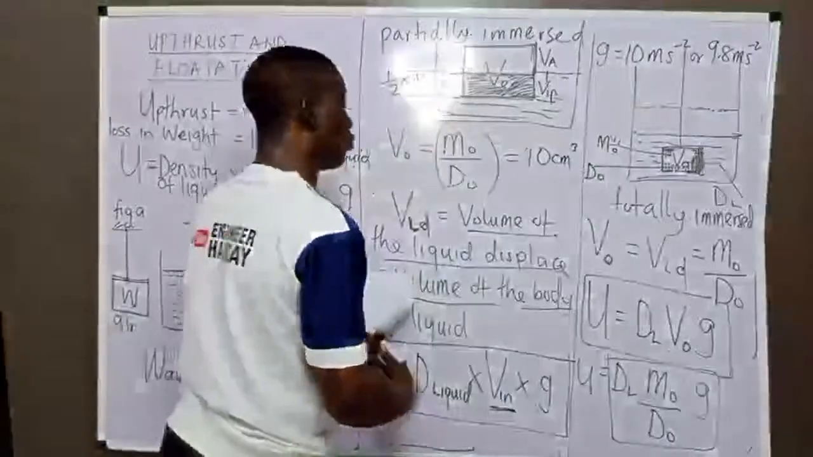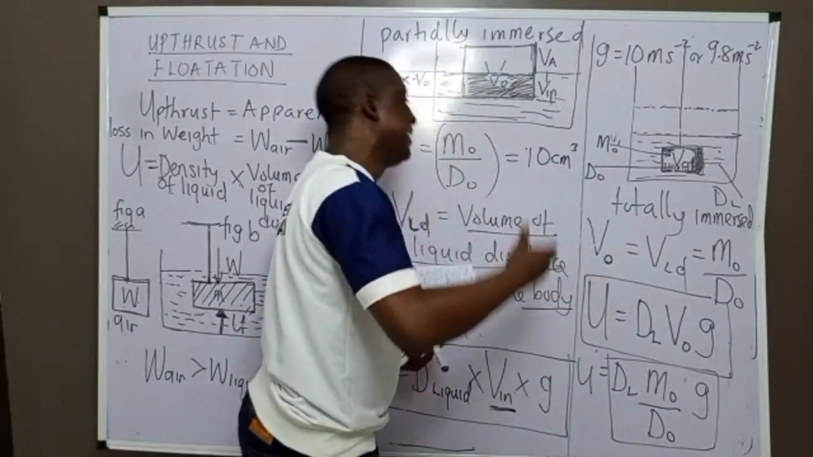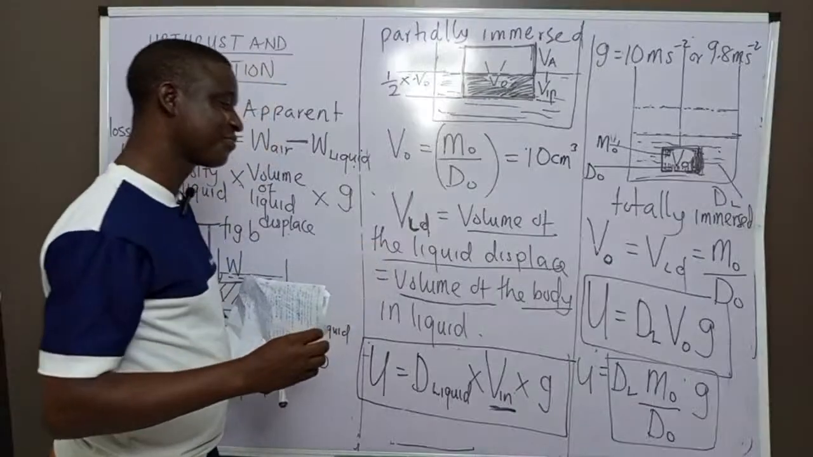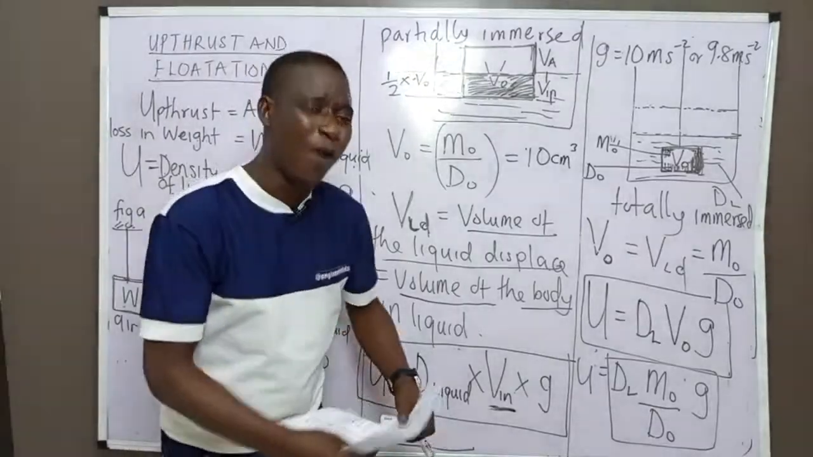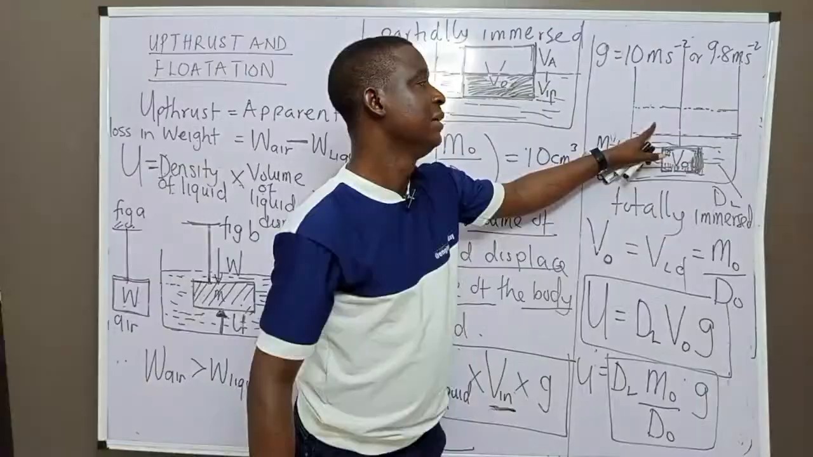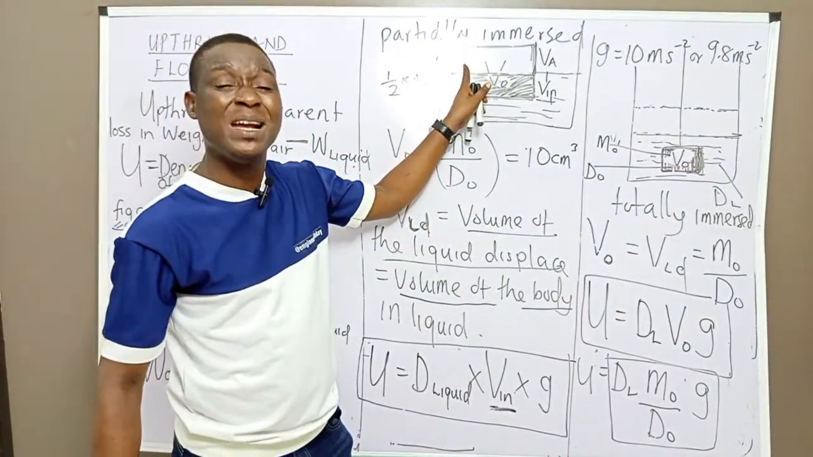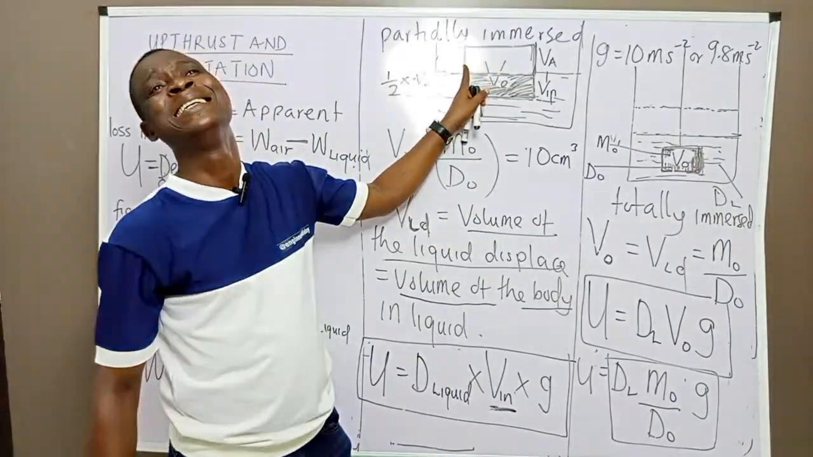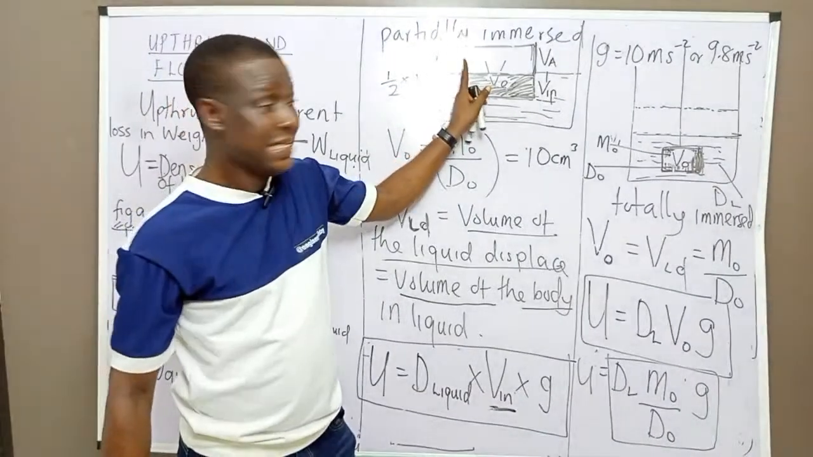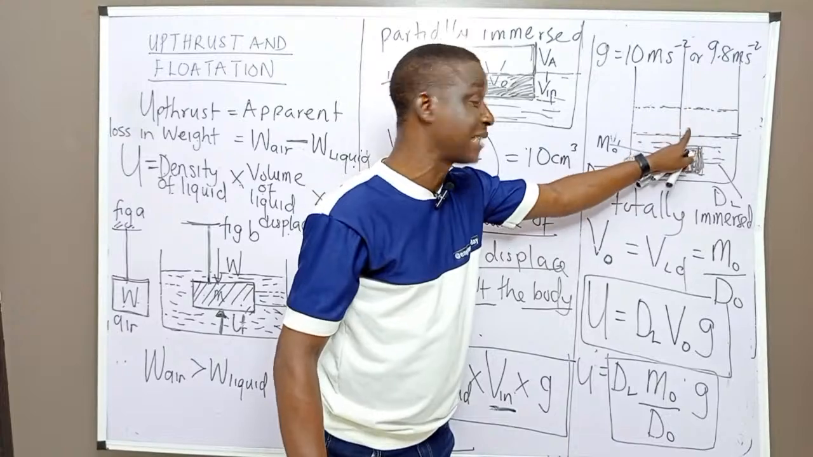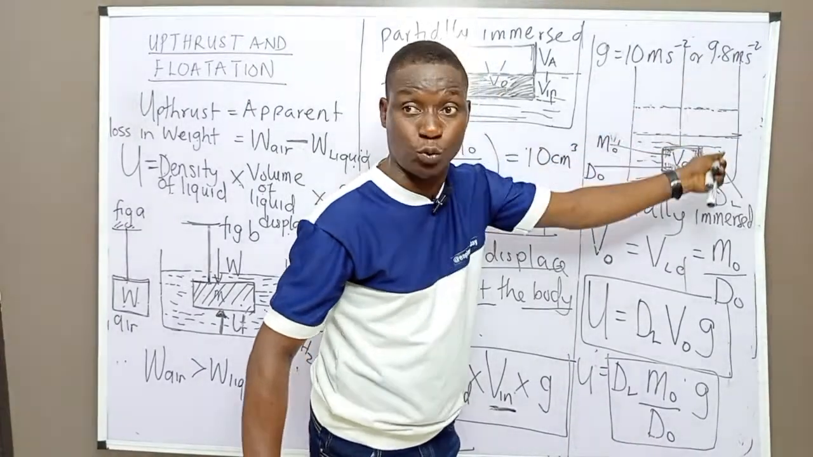It experiences what? An upthrust, which is equal to the weight of the body displaced. It says that when a body is what? Totally immersed or partially immersed, Archimedes' principle totally explains everything about upthrust. He's saying that when a body is totally immersed, that means everything enters the water,